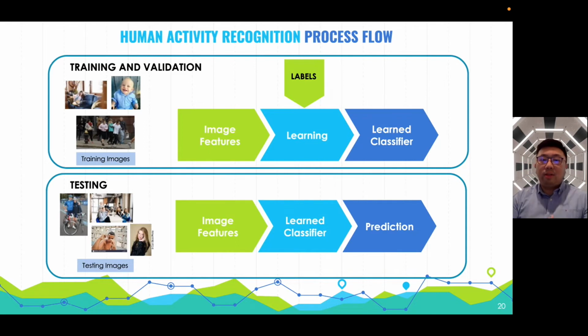On the slide, here is a conceptual map showing how the process goes. First of all, the model that we compile extracts the features from the image with the predefined labels. The model will do all the learning. After the training, it will develop the algorithm to classify those images to the corresponding labels. Then, moving on to the testing part, we feed a whole new set of images to the model, and the model will start extracting the features from the images again. With the algorithm already developed in the training part, the model will classify the images to the corresponding label and do the prediction.